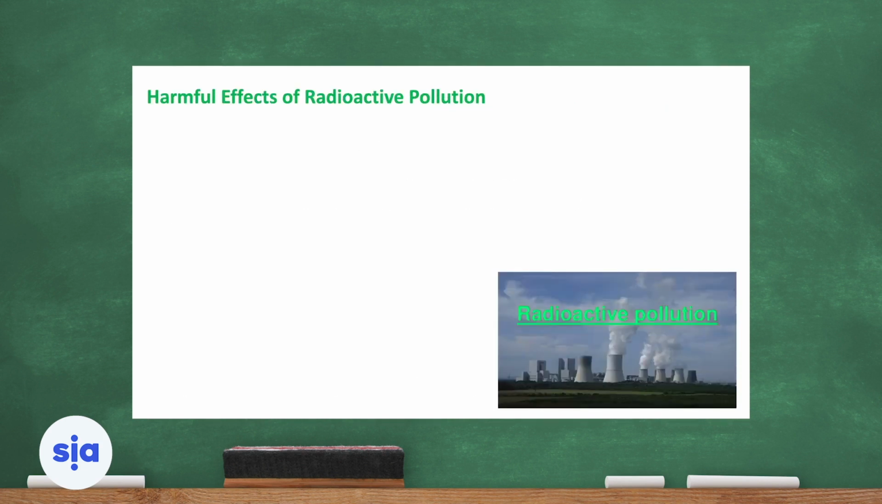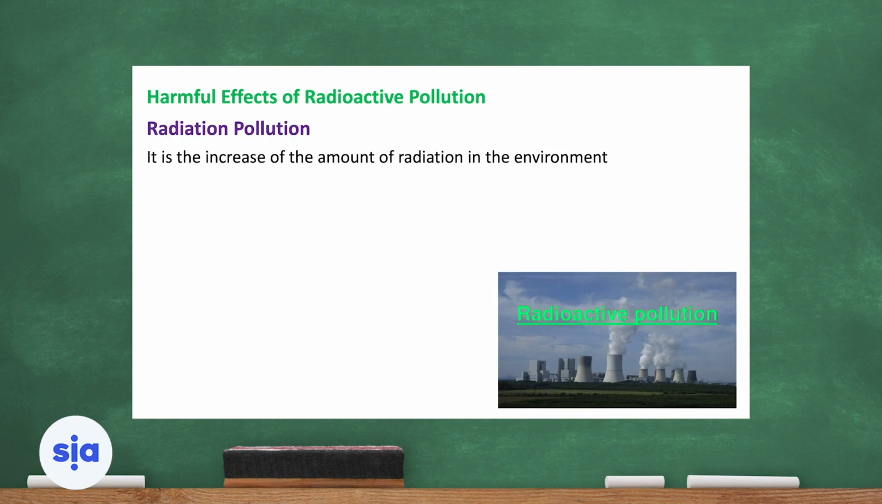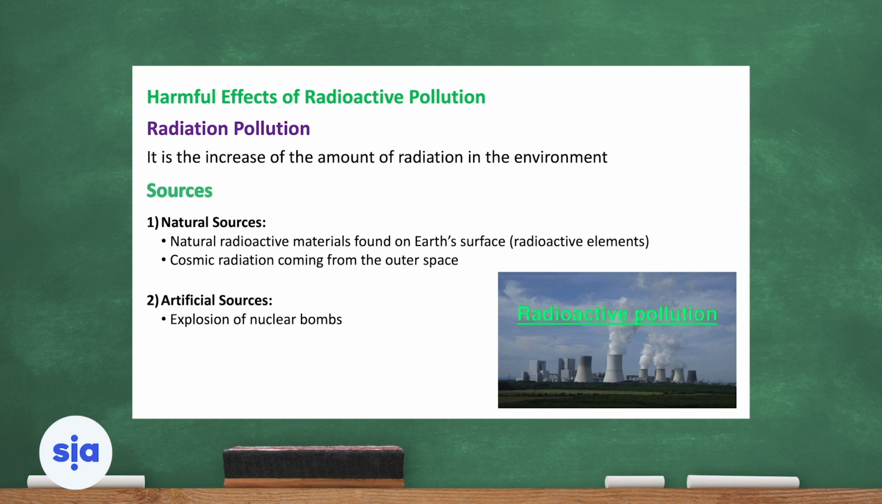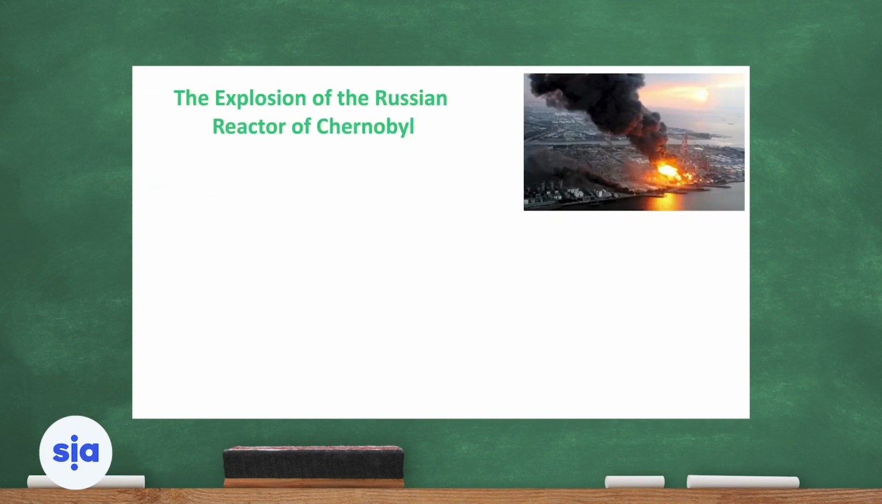What about the harmful effects? The harmful effect is the radioactive pollution, radiation pollution. It is the increase of amount of radiation in the environment. And the sources are, for example, natural sources like the radioactive materials found on Earth's surfaces, or the cosmic radiation coming from the outer space. While the artificial sources, the explosion of nuclear bombs, the nuclear reactors, as you can see here,